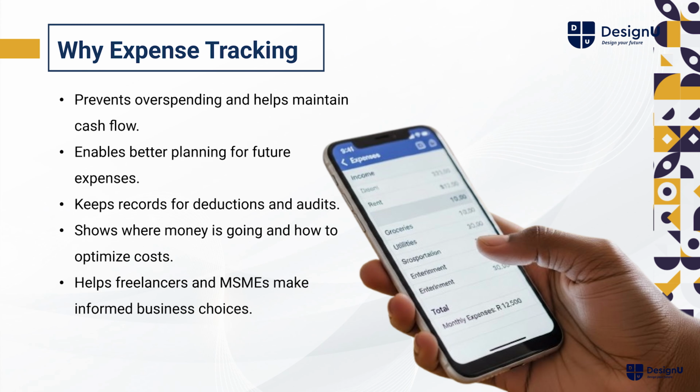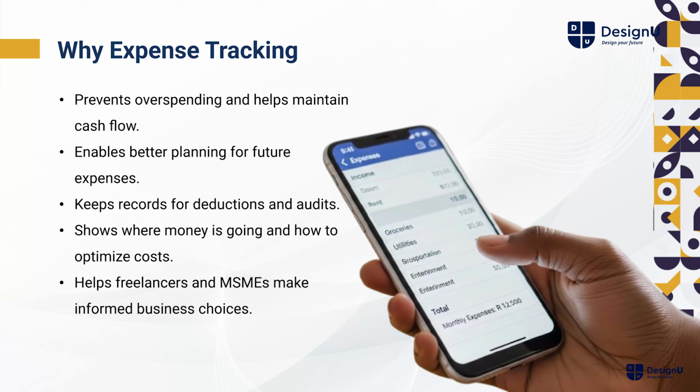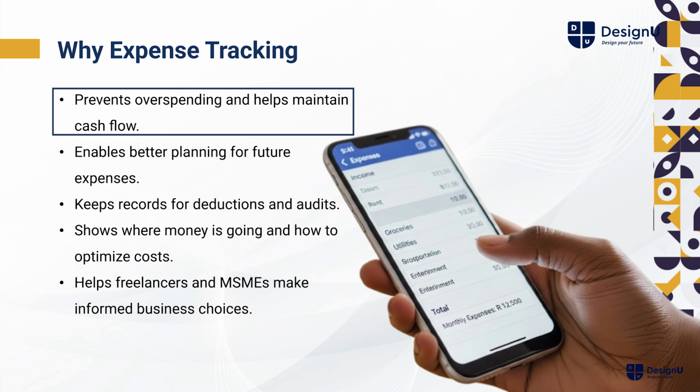However, before we get into this, it's important to discuss why you need to track your expenses. Why is it important to track expenses? Having understood the meaning of expenses, why do you need to track your expenses as a business owner, as a freelancer? Number one, it helps you prevent overspending such that you are able to maintain the cash flow of the